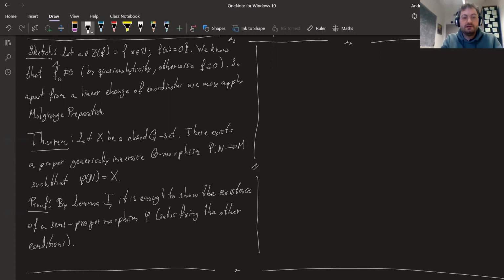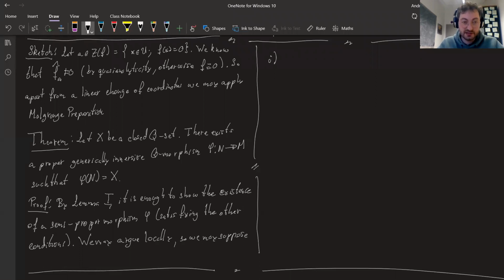Now that we have this, we actually have a local problem, because now we can just compose it with local immersions of sufficiently small open sets, cover the entire manifold by some locally finite covering by open sets, and then argue for each one of them the existence of this phi. So now we may argue locally. And in particular, since we can restrict to open sets, we may suppose two things.